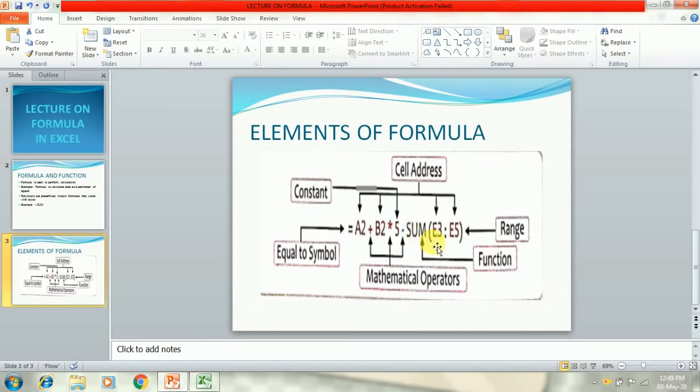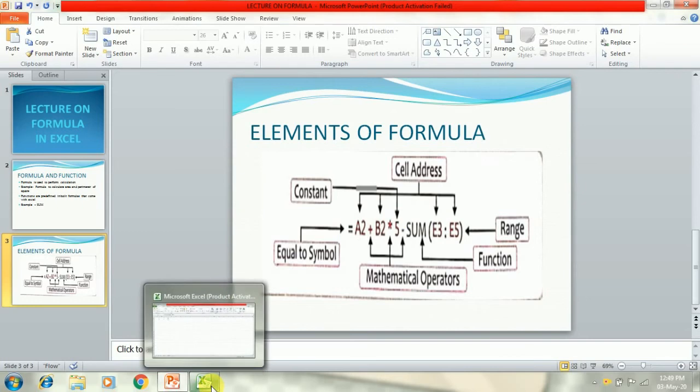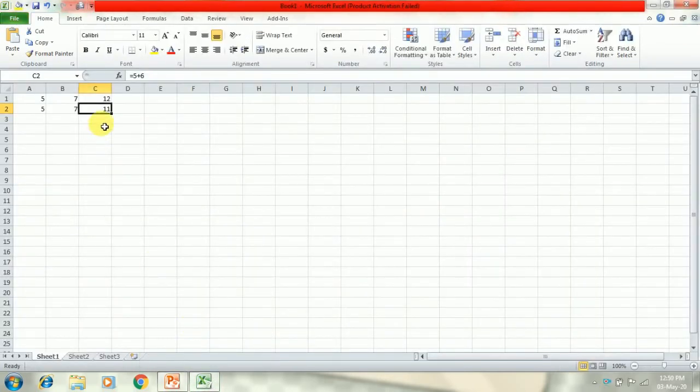We can see syntax of function is first we have to write its name. Then inside parenthesis we will define the range of the cells. Now what is range of cells? Range of cells means group of cells within a row or a column. So in this example we can see E3 colon E5. It means E3 to E5.